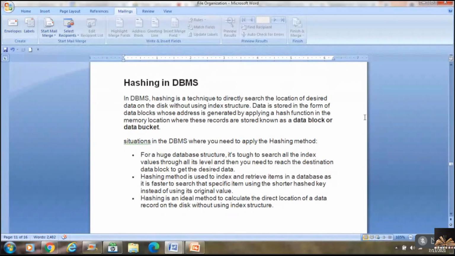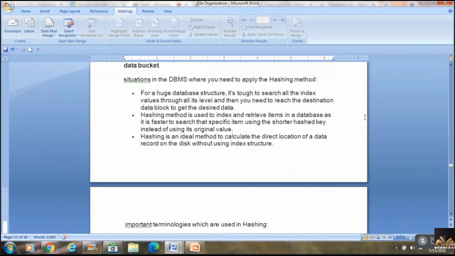In such situations, you can go for hashing, and the hashing method is used to insert and retrieve data items in the database. It is not index, it is insert. It is used to insert and retrieve items in a database, as it is much faster.